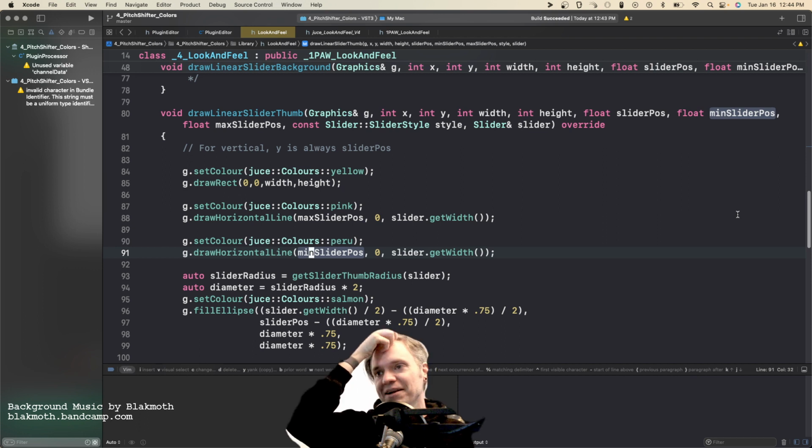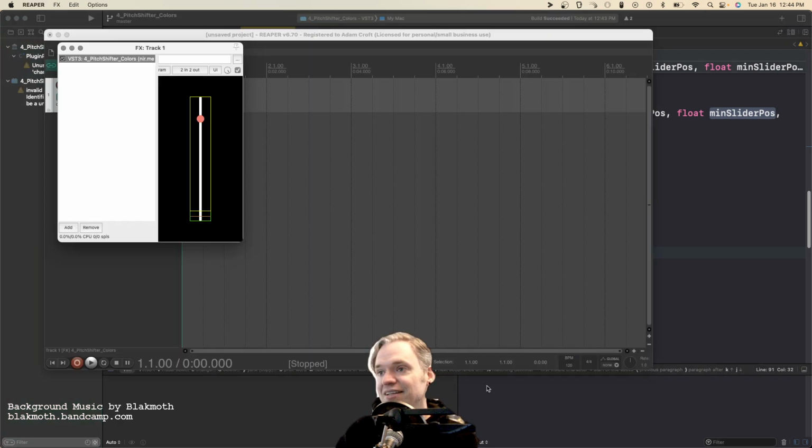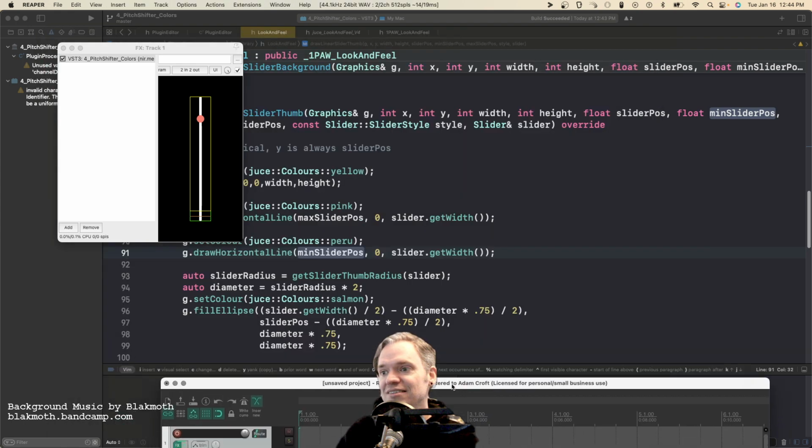So the thought I had in my head was maybe min slider position and max slider position have something to do with where I can draw and where I can't draw. And that seems to be correct. However, it's not in the way that I thought it was. So,